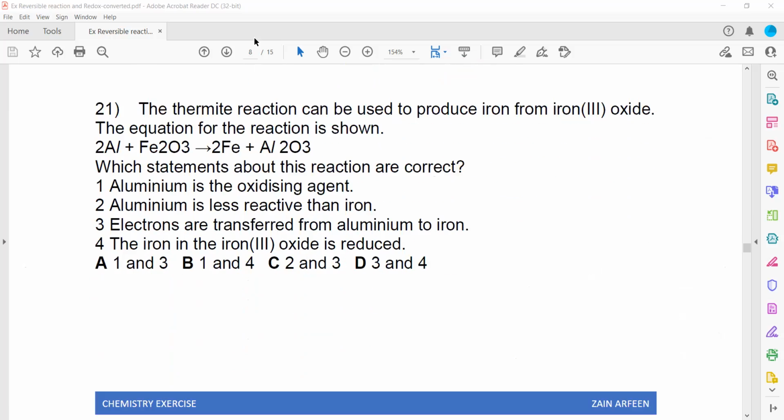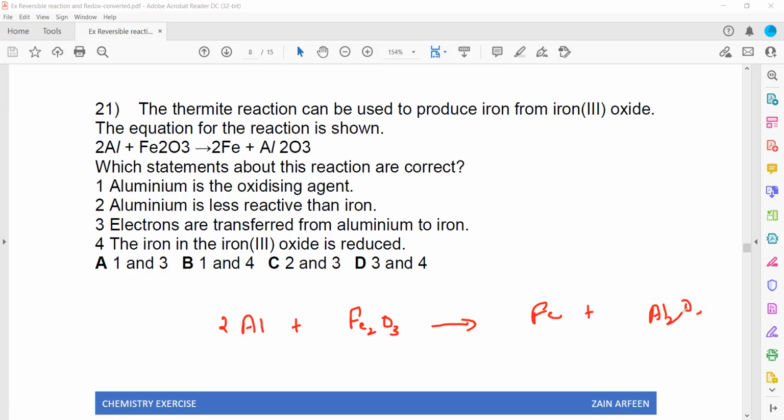The thermite reaction can be used to produce iron from its iron 3 oxide. So this is the equation. Which statement about the reaction is correct? First we have to sort out: aluminium is reacting with, so 2 aluminium atoms are reacting with iron 3 oxide to give iron